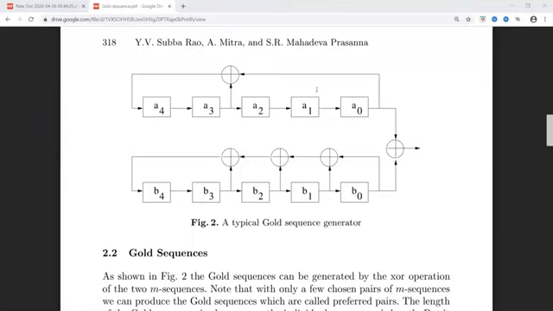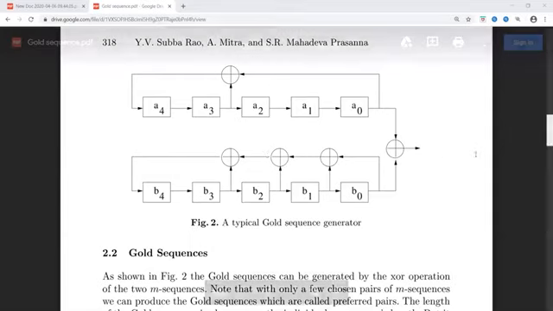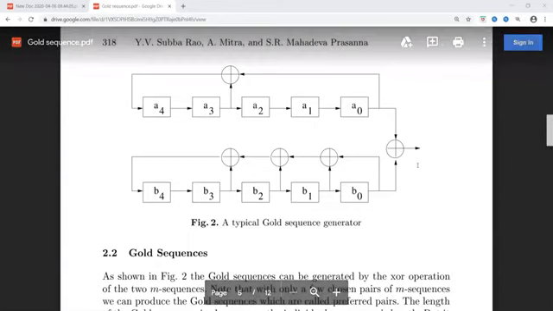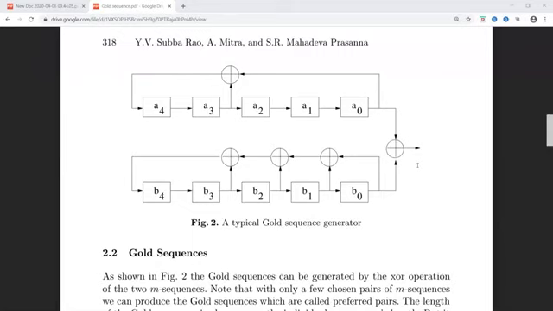So I'm repeating that again. One sequence should be kept constant. You are not supposed to cyclically shift it. Keep one constant. Keep the other M sequence as L cyclically shifted versions. So for each of the shifted versions, you perform mod 2 addition between the constant sequence and the shifted sequence. You will get one sequence here. Like that, for each and every L cyclically shifted version of the one sequence with the constant sequence, you will be getting L gold sequences.